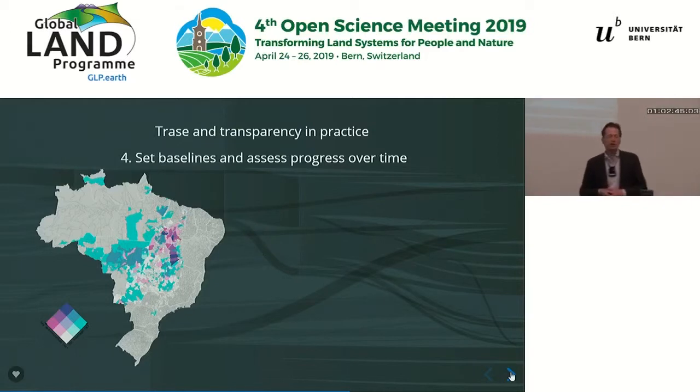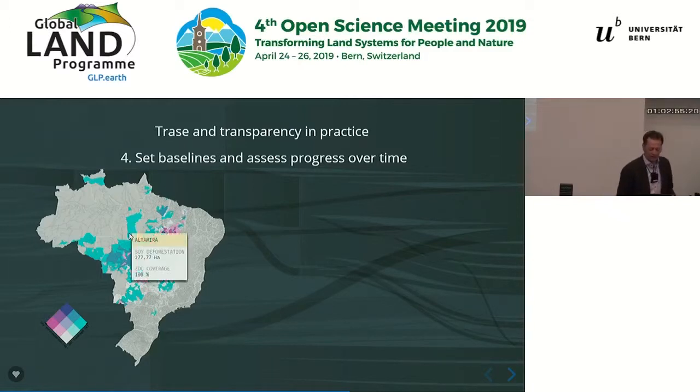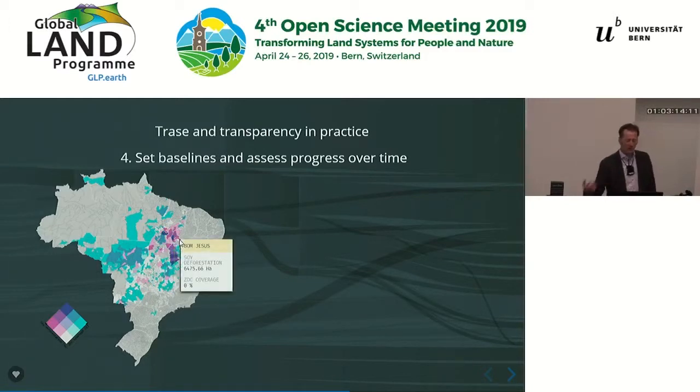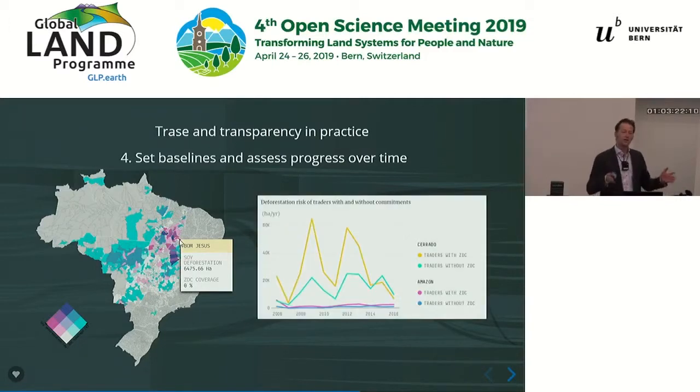Fourth, about being able to monitor change over time. The fact that we're able to connect actors to places and therefore to impacts means that we can set baselines for understanding effectiveness, in this case of zero deforestation commitments. And Ben showed this diagram yesterday in his talk, and it allows us to look at the comparison of total soy deforestation with the coverage of commitments. And you can see that there are places, Bom Jesus, for example, here, which has one of the highest levels of soy deforestation with zero deforestation commitment coverage. And with that, you've got a baseline for comparing change.